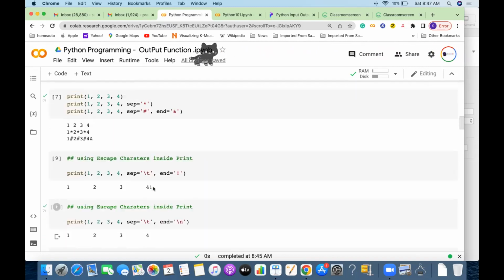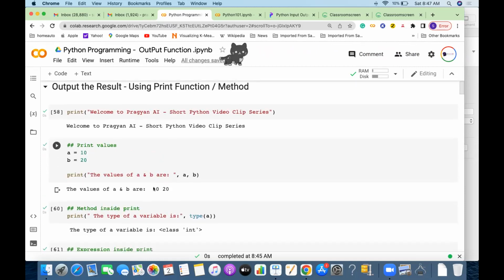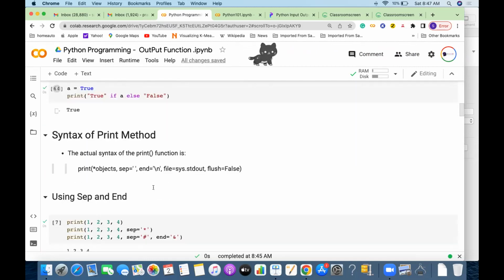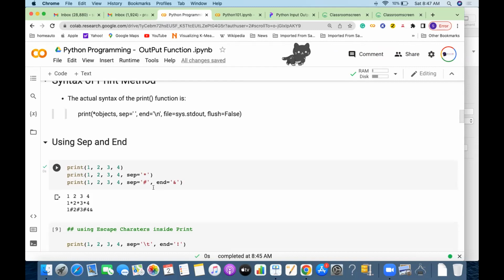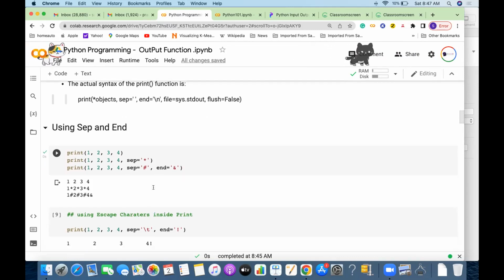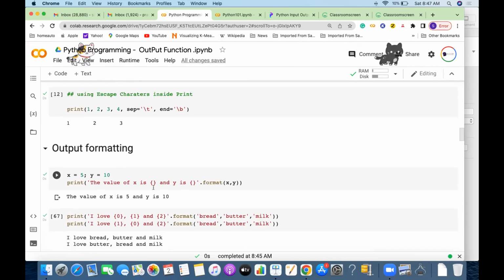So what all did we look into? To just summarize, we looked into how to print multiple values, what we can do with print formatting, and how we can beautify the output. Now, to continue further,